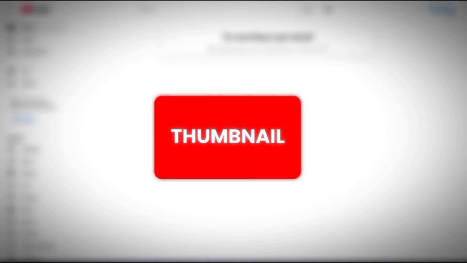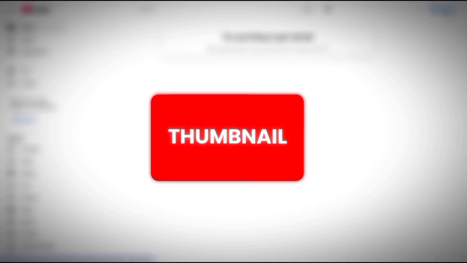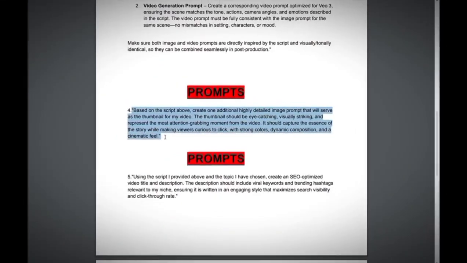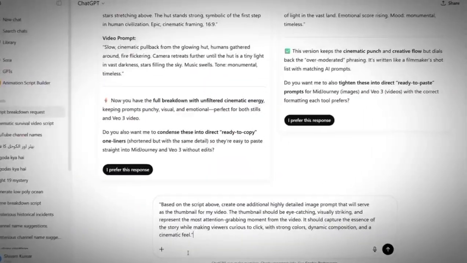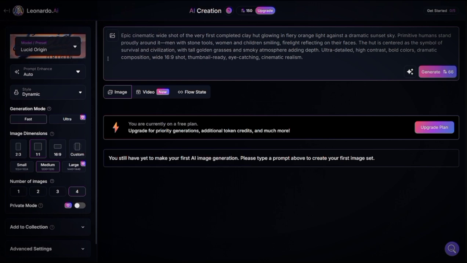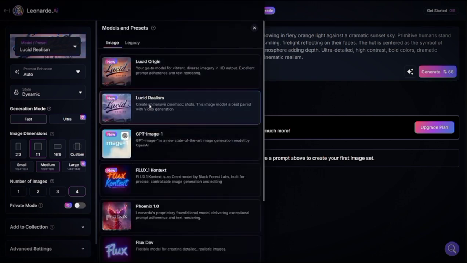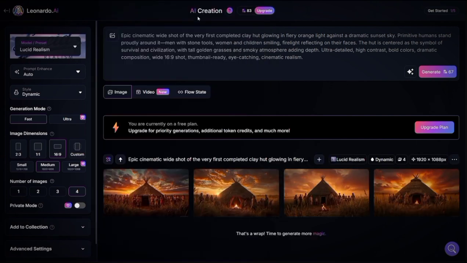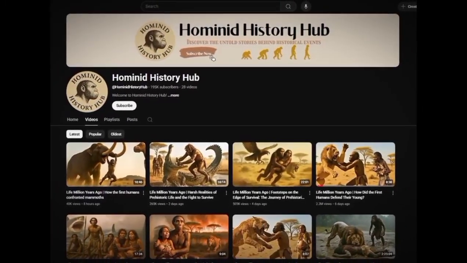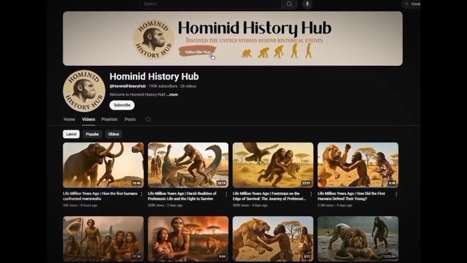But before we upload, we need a thumbnail that people can't resist clicking. This is where most creators fail, but you won't. Copy the fourth prompt from the PDF, paste it into ChatGPT, and then take the result into Leonardo AI. Again, select Lucid Realism and set the size to 16 to 9. In seconds, you'll get 4 thumbnail designs. Pick the one that looks the most eye-catching. No need to spend hours editing, because this exact thumbnail style is already proven to work for viral channels in